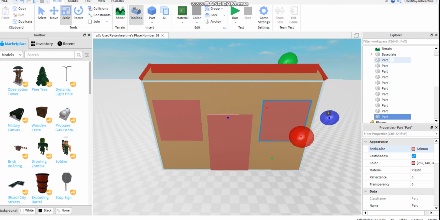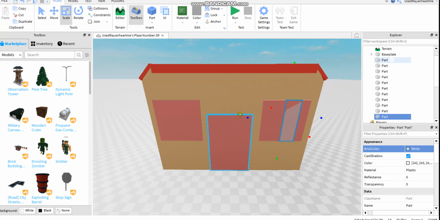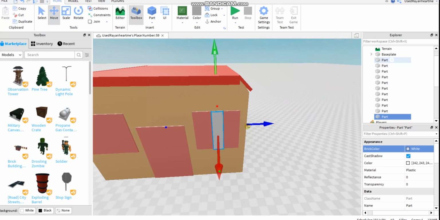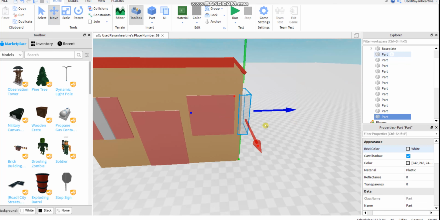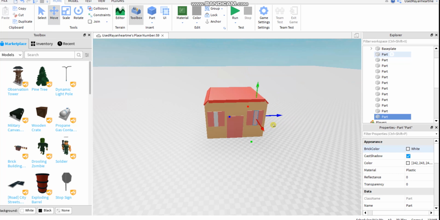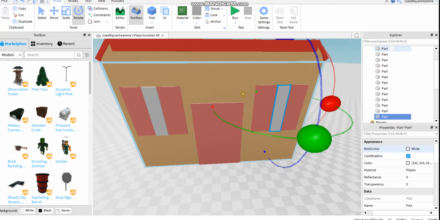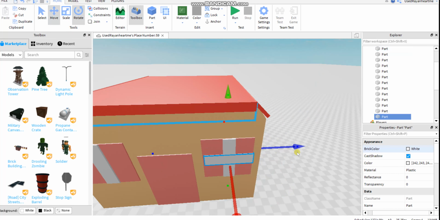So now I will change the color to white and do it. And copy it. And do like this, and